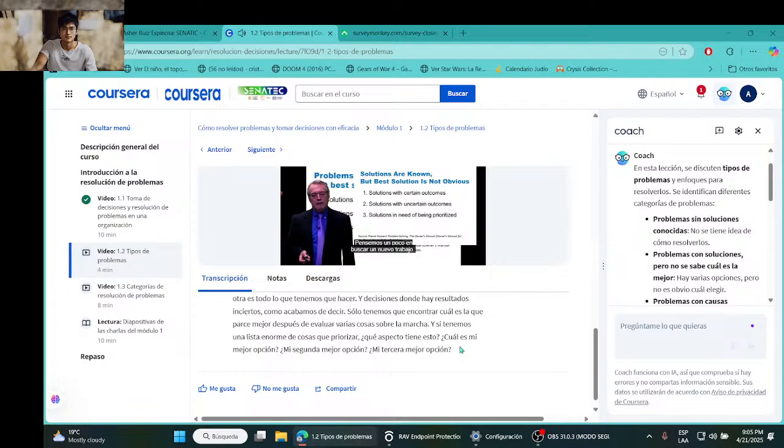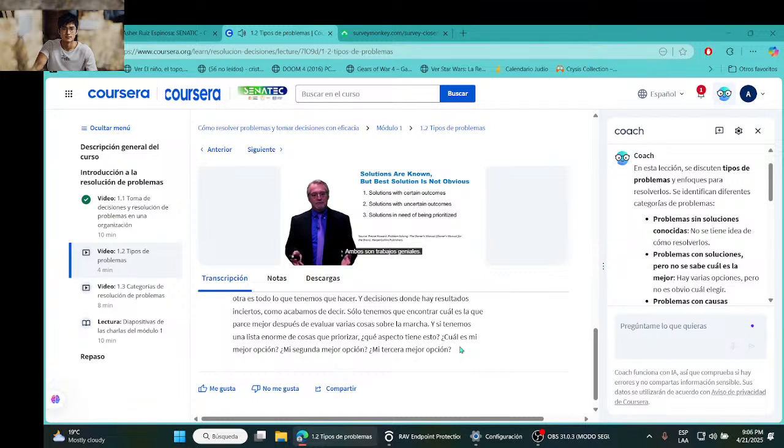Let's think a little bit about looking at a new job, or solutions with uncertain outcomes. We know that we're going to have a new job. We have two choices, choice A, choice B. Both of them are great jobs. They're both great opportunities. One of them means that we move to the northeast coast of the United States. One of them means that we move to the south central part of the United States. Different size cities, different types of work, different groups of people we will work with.